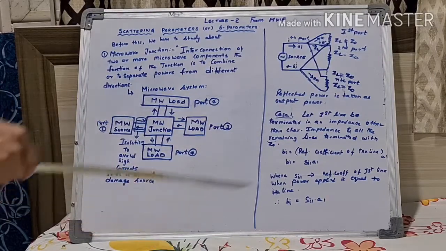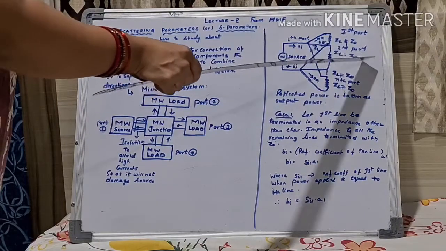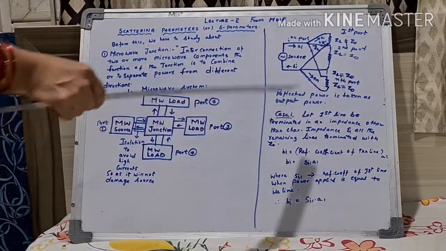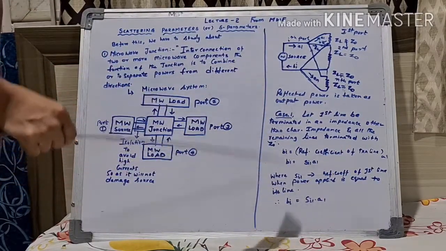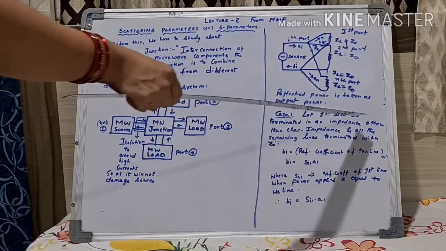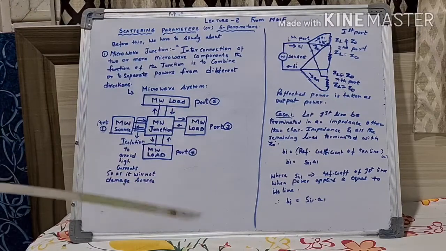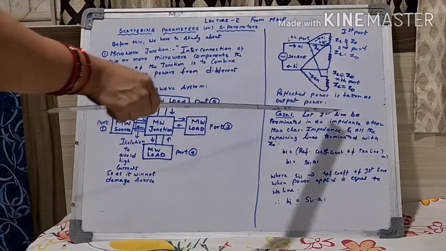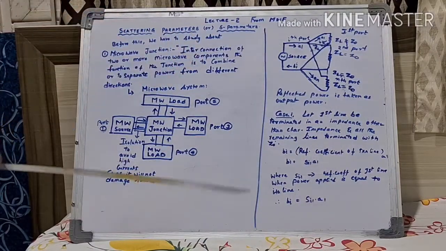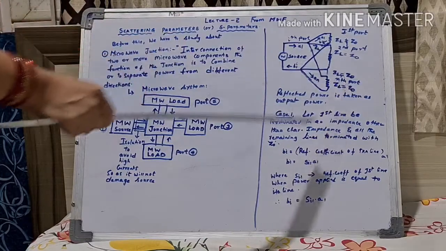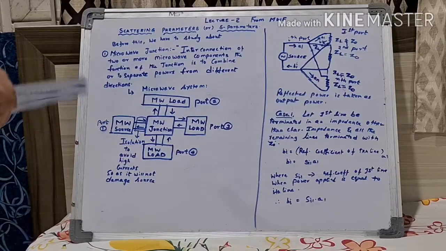If the line impedance is equal to Z0, the characteristic impedance, then these two impedances are matched, and there will be no reflected power. So in the first case, only the first line is terminated in an impedance other than Z0. ZL is not equal to Z0 for the first line.